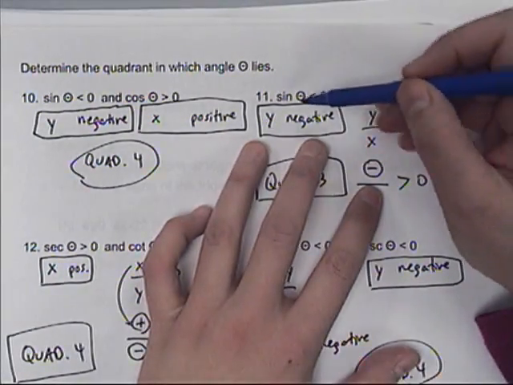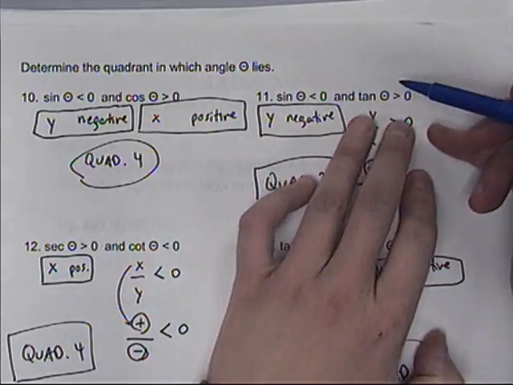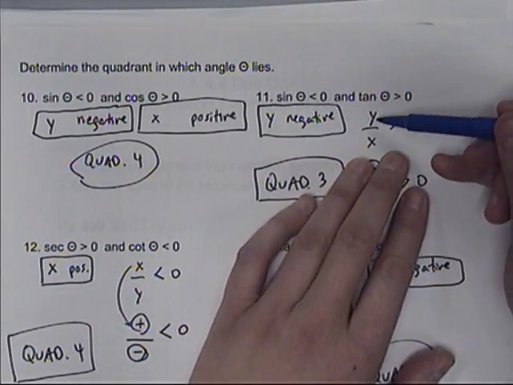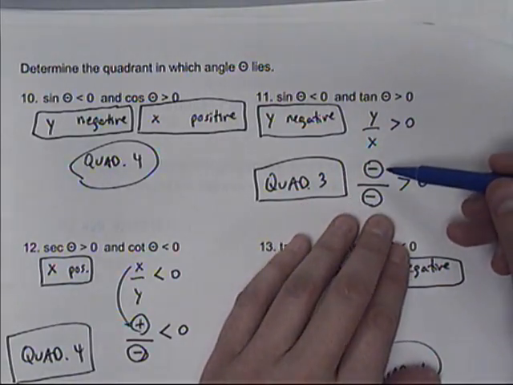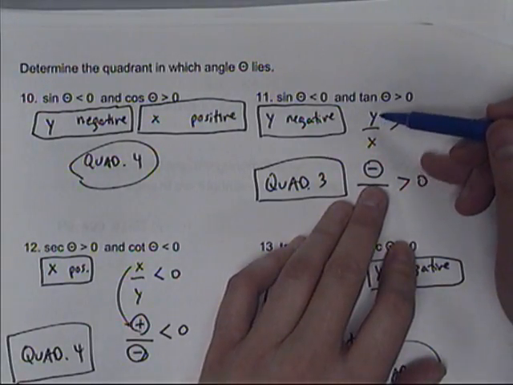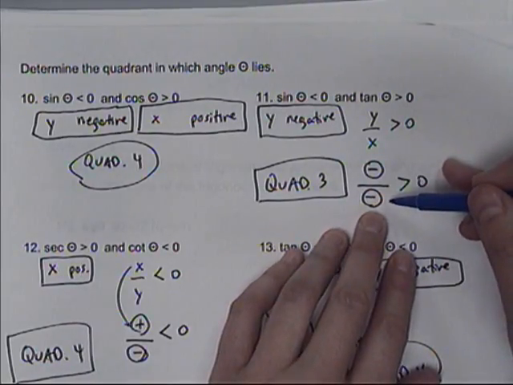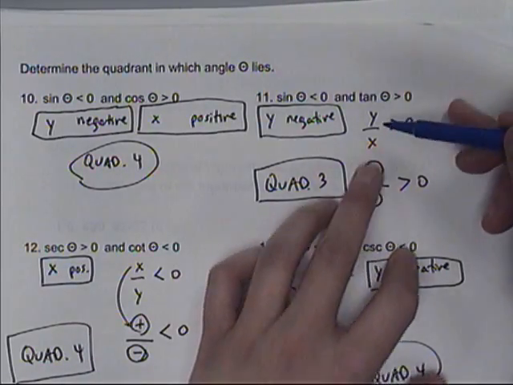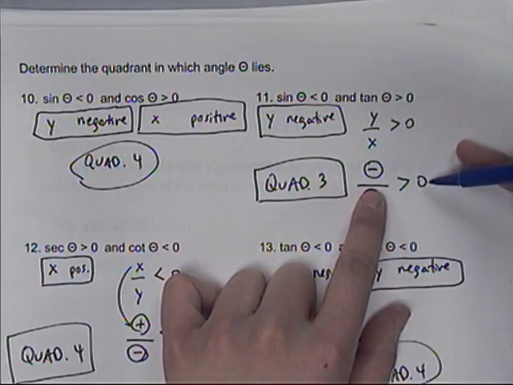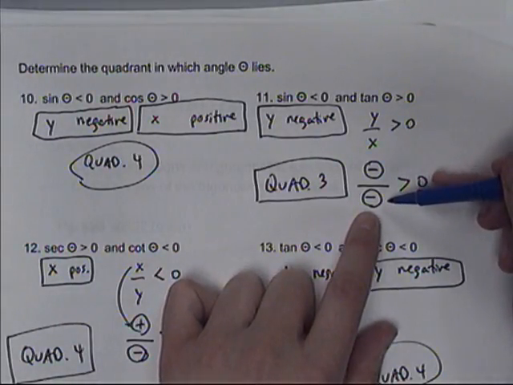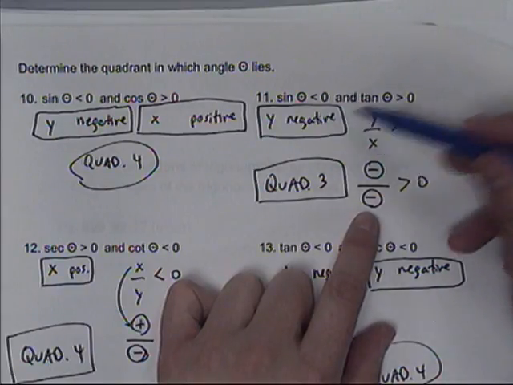If sine is less than 0, they're basically telling me that y is negative, because sine is y, and less than 0 means negative. Now, if tangent is greater than 0, I know that tangent is defined as y over x. Now, if y over x is positive, and I know that sine is negative, that means the top value is negative. In order for this whole fraction to be positive, the bottom would also have to be negative. So, I'll say that again. If the top y value is negative, but the whole fraction has to be greater than 0, i.e. positive, then wouldn't the bottom also have to be negative? Yes, because a negative divided by a negative would only give you a positive. So I've determined, based on the clues they gave me,